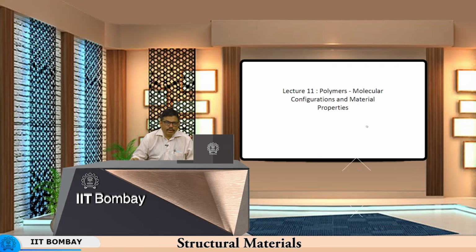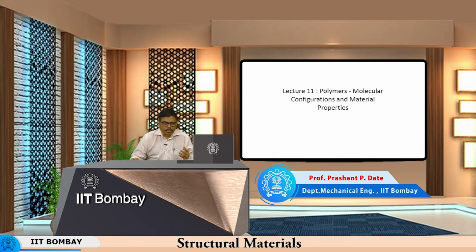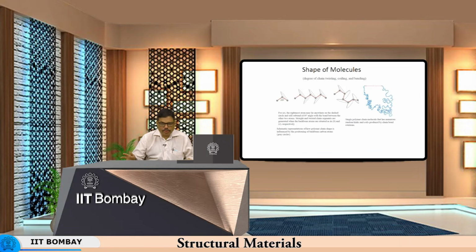Yesterday we were looking at the different chains of the polymers, different kinds of polymers with different molecular configurations. We will continue that discussion and see the effect on material properties. For example, we saw that when we have a long chain, we have different kinds of possibilities. One is the atom rotating about this, maintaining this bond angle constant. Similarly, you have another macromolecule where there is a chain which is bending, which has got several bends, and then